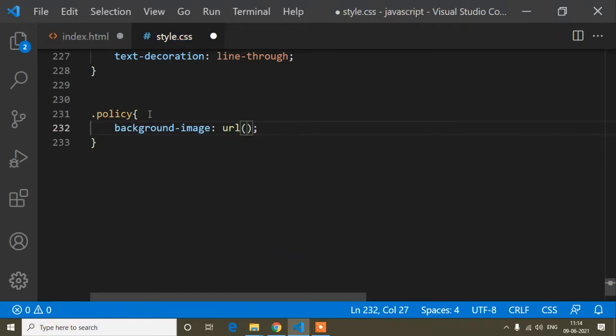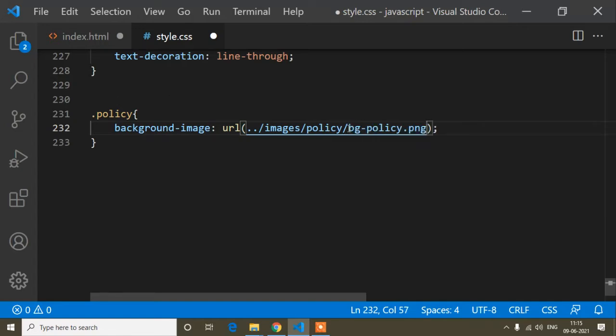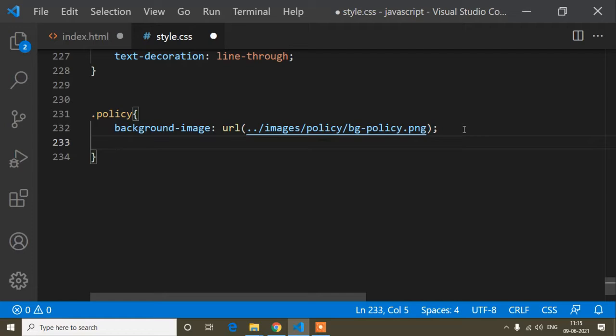I have to write the path of whatever image I want to add. So inside this url I will write the path, images and policy, because inside this policy folder I have stored some images, and I will add this image. If you want this image, you can ask in the comments and I will provide it. Otherwise you can download any images from Google. So the background image is added.